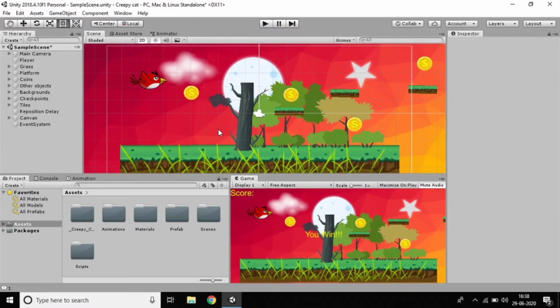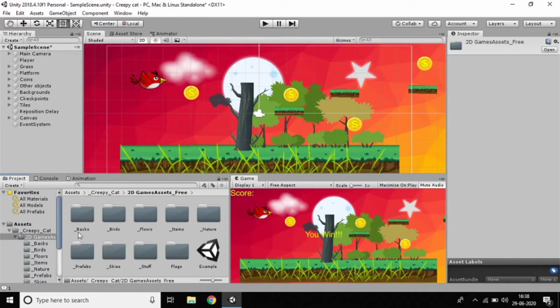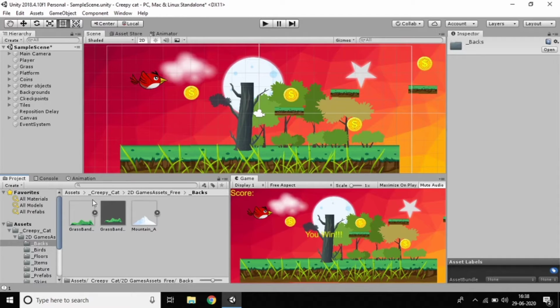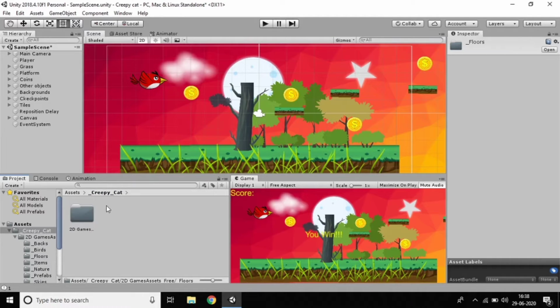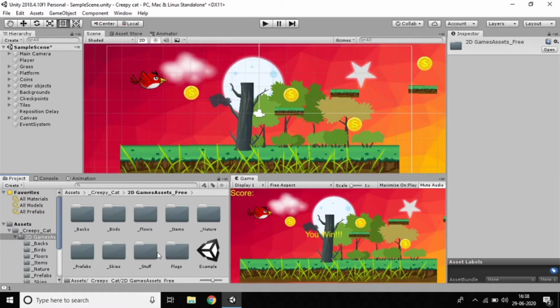Now in this tutorial we'll work with enemies. So how to add enemies and how everything will work. You can see here in assets, there are no enemies in the default effects in CreepyCat. You can find whatever, but no enemies are available here. So I want to take enemies from outside and download them. In this game I want to use everything free. I don't want to use anything paid.